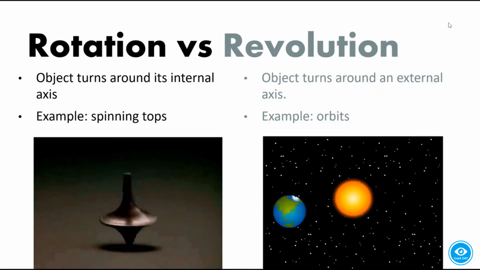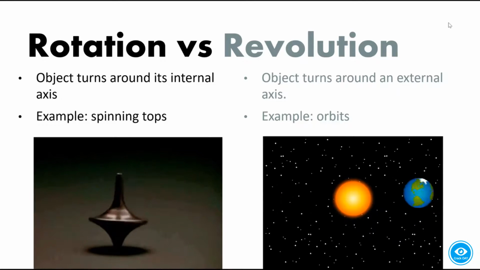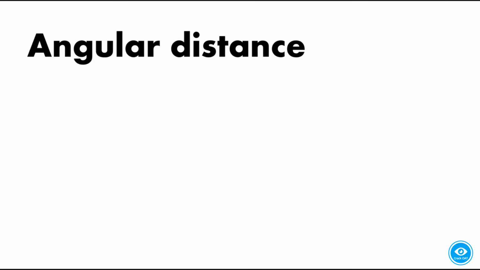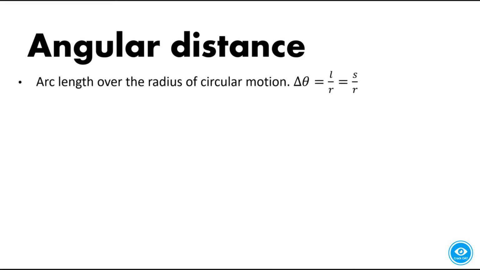the sun spinning itself. Now we're going to talk about angular distance. Angular distance is the arc length divided by the radius of the circular